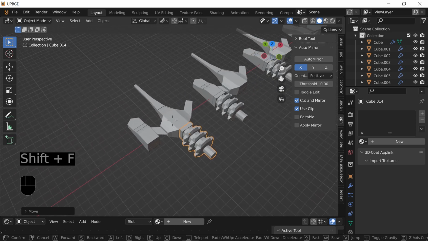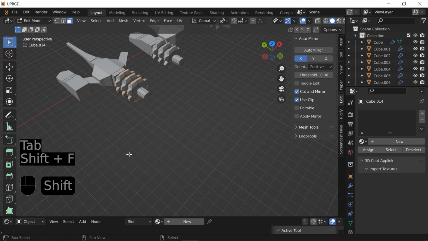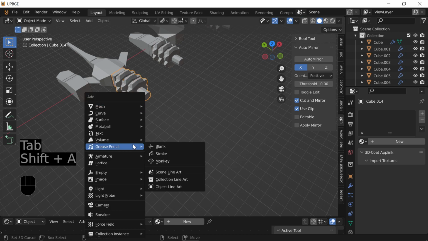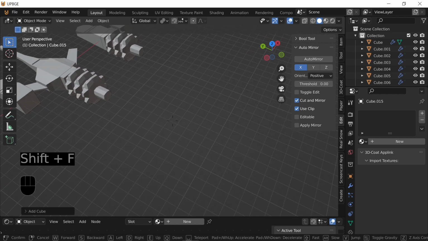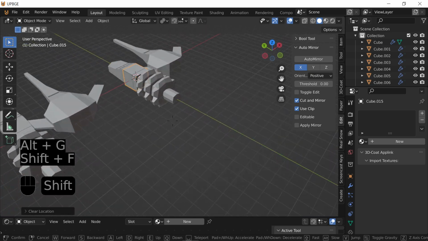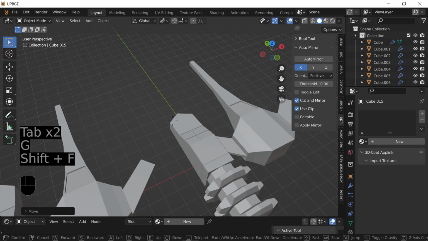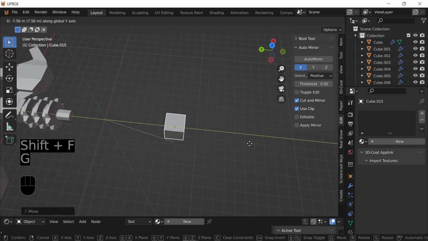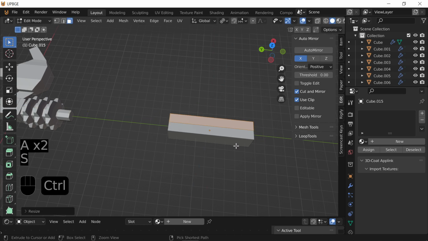And the last thing I want to show you is how I actually made the engines. I did it with a cube, so I'm going to Shift A, mesh, and a cube, and make sure it's in the center, because we're gonna do the auto mirror again. Auto mirror with this, just drag it back so you can see what I'm doing. So tab, hit A, scale it out, make a loop cut